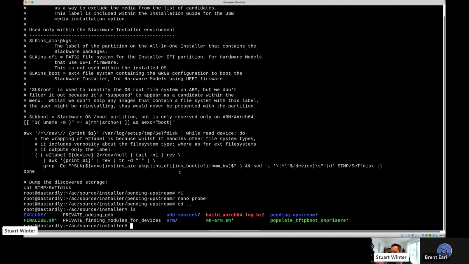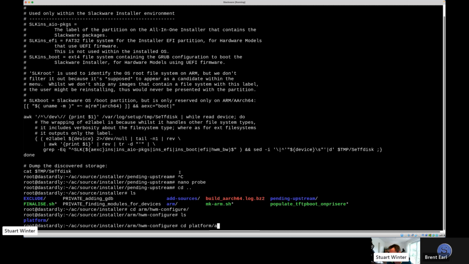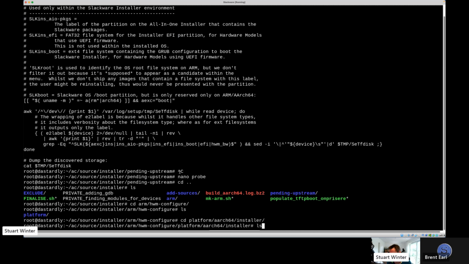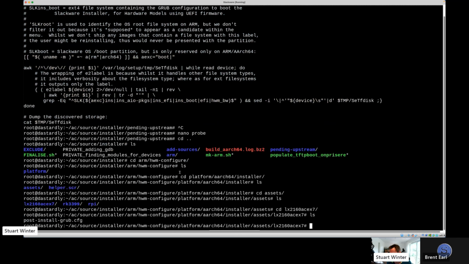Once we've got this working, I'll push that back up to Patrick, but I won't do it until we've got everything working. And then the other thing I've done is the platform AArch64 installer assets. Right, and then on this one,